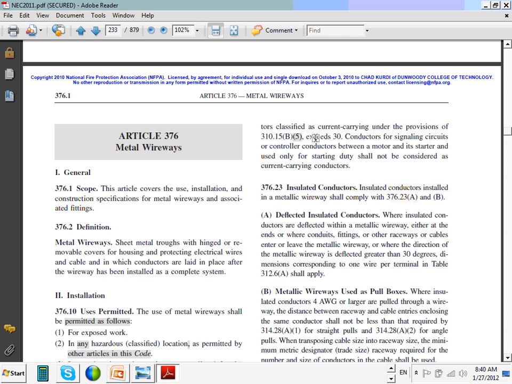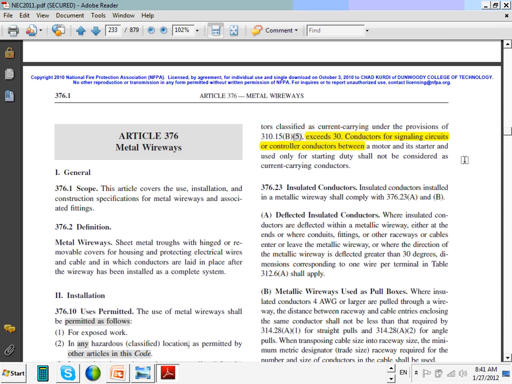The other advantage is the rating. Look at this. This is also another advantage. When you derate, Ashley, if you have a metallic wireway right here, you can pull up to 30 hot conductors, 30, before you start derating. Is this an advantage or disadvantage? You see this as an advantage or disadvantage? It's an advantage when you have 30 conductors that you cannot derate. So these are the most important things I think about wireways. You can pull up to 30 current-carrying conductors without derating. If you have a conduit, you have to derate if you pull more than 3. So highlight these ones. These are advantages of using